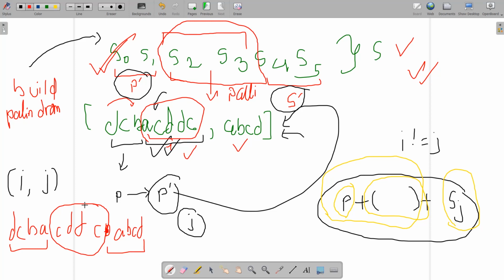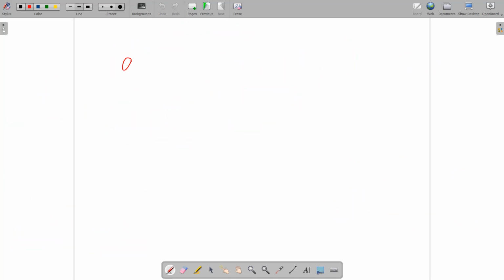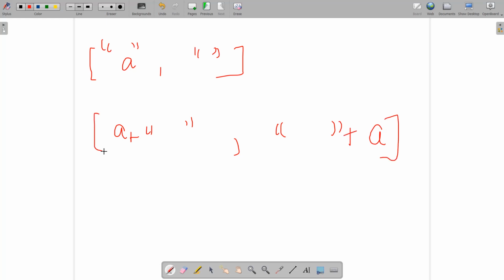Now what are the edge cases that you need to take care of? Suppose you have some string like a and you have another string which is an empty string. You can take this a plus the empty string, and you can take the empty string with this a. This is the edge case that you need to handle separately, because there are some flaws. I have also encountered many wrong answers because of this edge case, because I hadn't considered that strings can be empty.